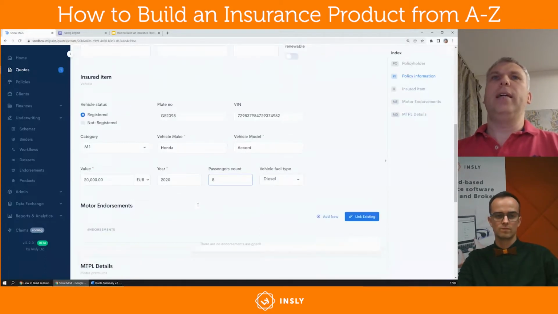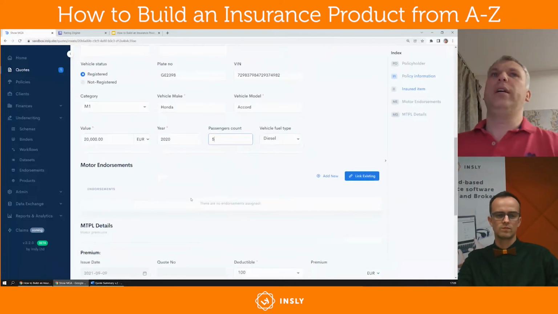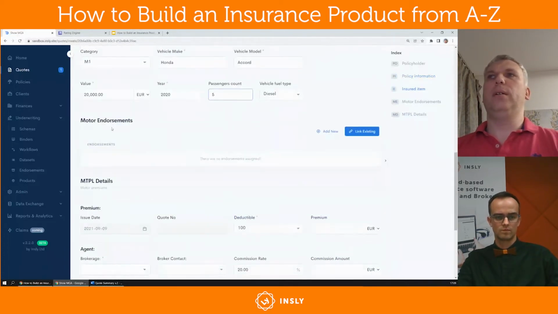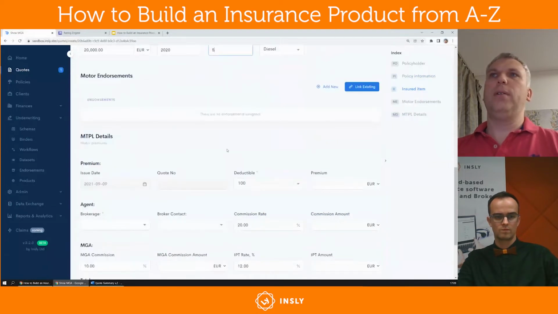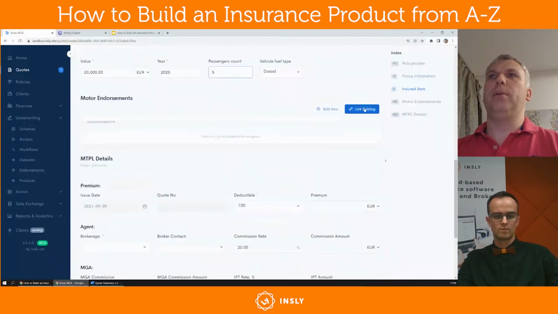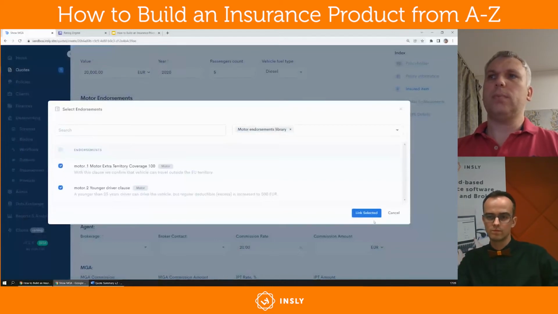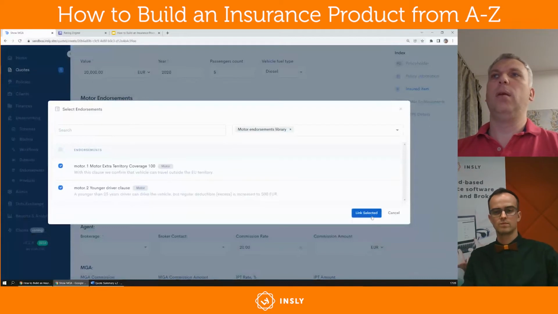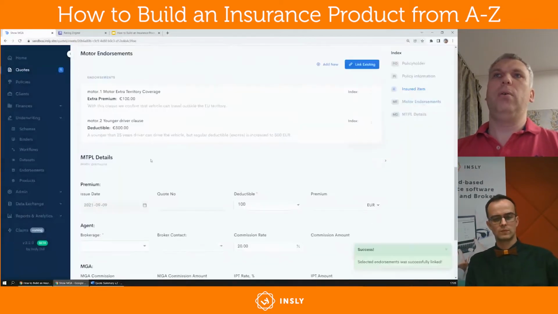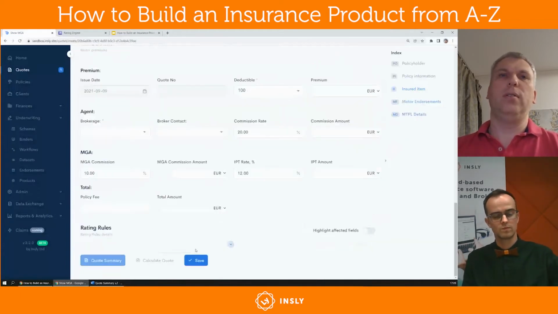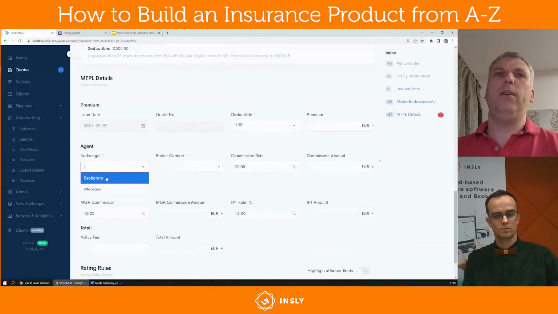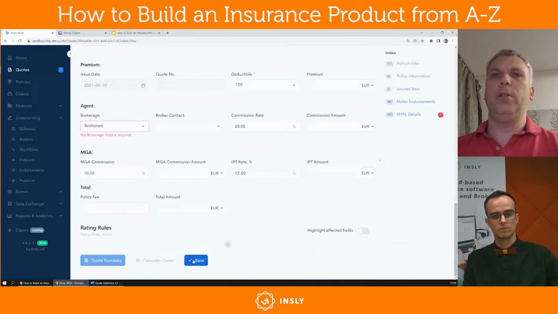In addition to that static and basic information, we can add different clauses, endorsements and subjectivities just by selecting from the endorsement library. If I click on link endorsement, I have an already pre-created library with different clauses, so I can choose one or two, and they automatically link to the quote. When I'm happy with all the product filling here, I'll just click on save. Okay, the form is smart and controls the required fields, so I need to choose the required brokerage and save it. So once I click on save,